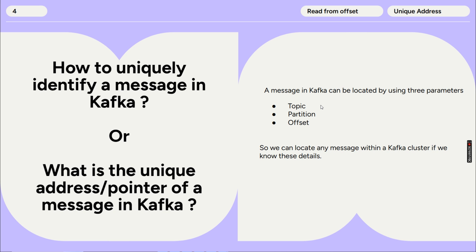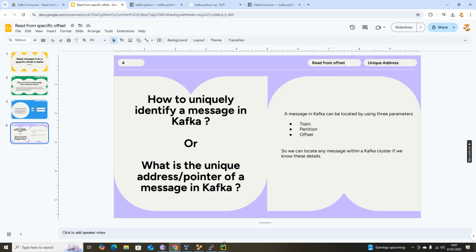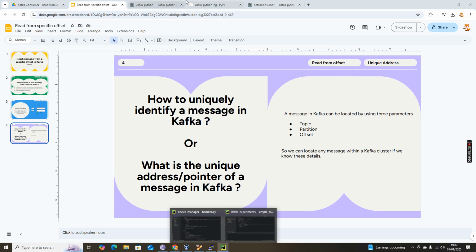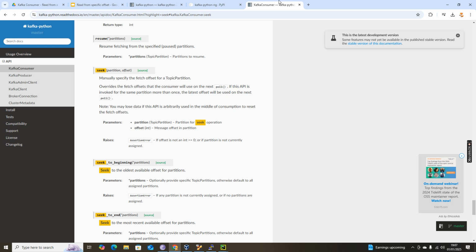But the same feature is available in all APIs, right? If you are using the Java SDK or any other SDKs of Kafka, you will be able to achieve or leverage the same capability. Okay, it is a feature provided by Kafka. So what I'm going to do is show you a consumer program. Before getting into the consumer program, I'll show you the documentation of the Kafka